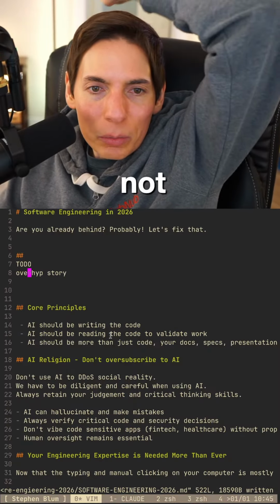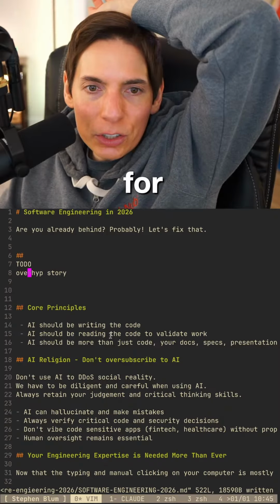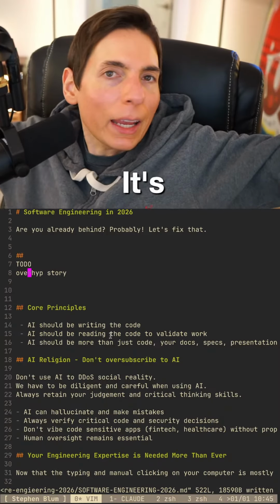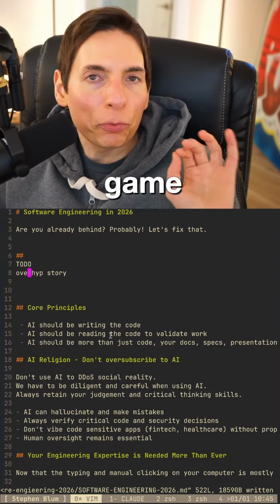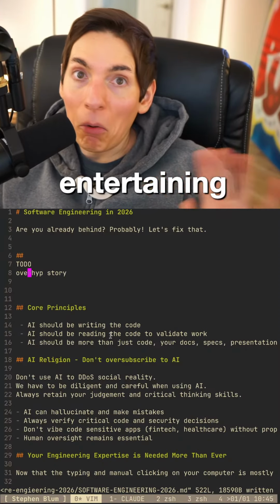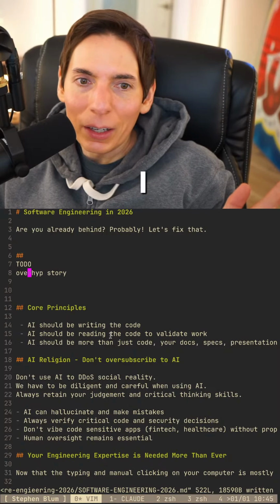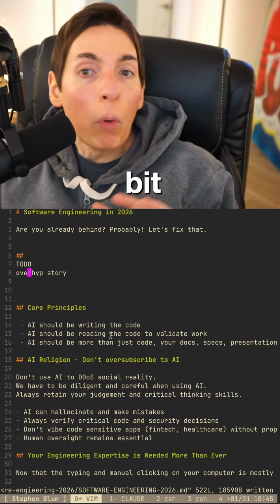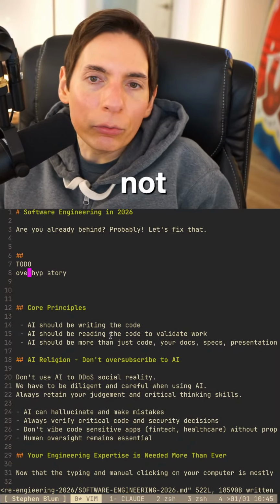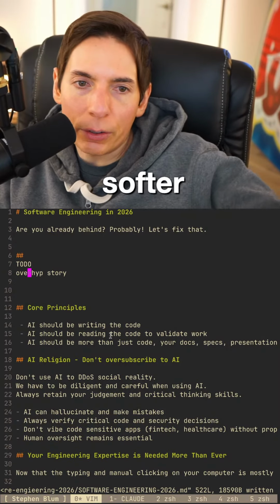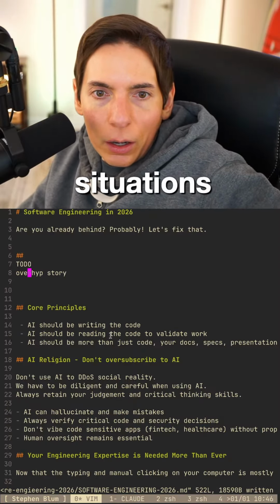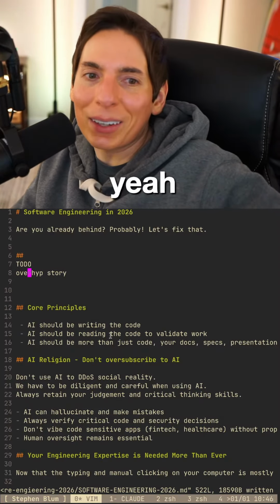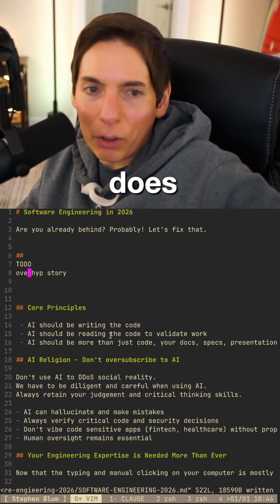That's not a good predictor, I believe, for good engineering. Right. It's more of a game. I call it a game. It's fun. It's entertaining. And I want to do more. Don't get me wrong. It does help you learn a little bit, though mostly it's just for fun. It's not great for real world software engineering situations. It's good for teaching you the basics. Yeah, in a practical way. Yep. It does have some knowledge there.